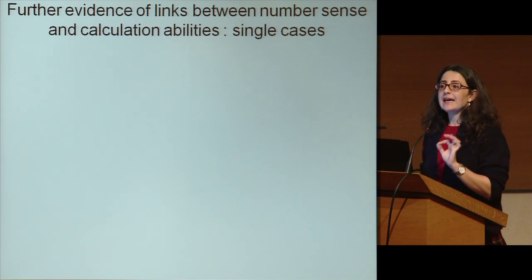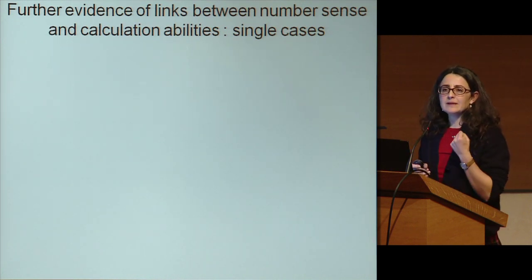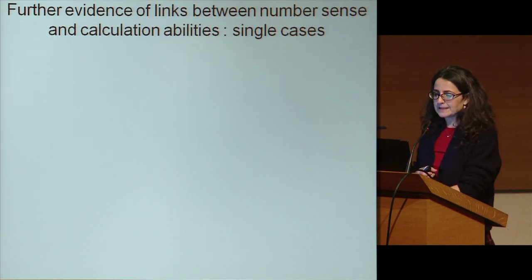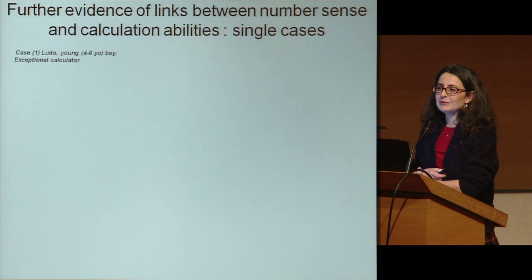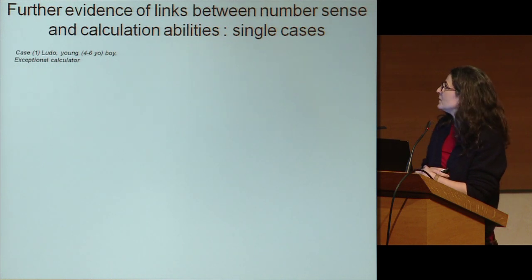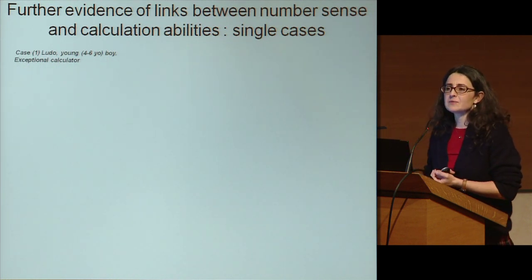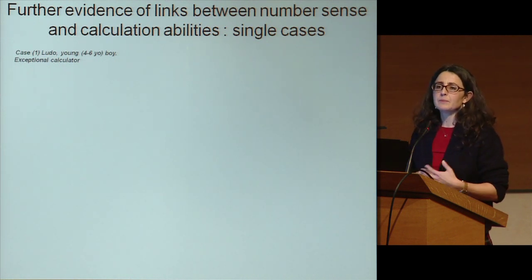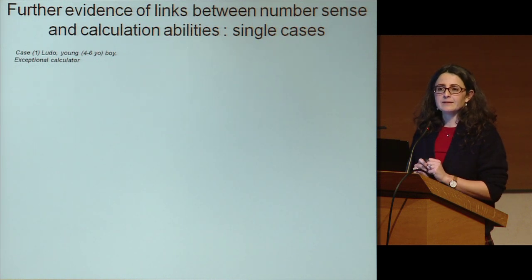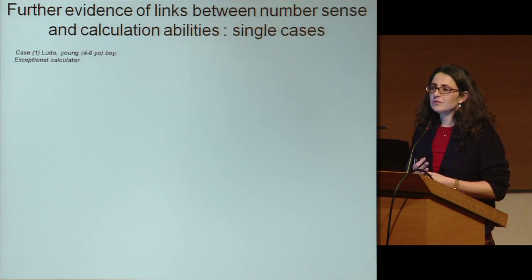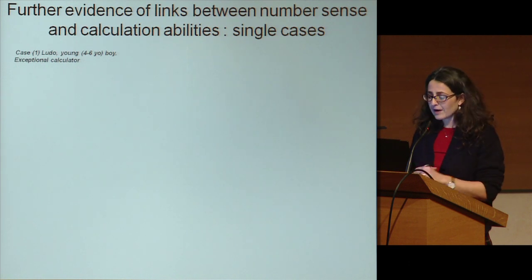Even when we look at single cases, we can see a very tight link between the ability of performing symbolic calculation and this very basic sense of numerical quantities. We were very lucky in the lab recently to be able to test a young boy. We could test him twice, once when he was 4 and the other when he was 6, who was a really exceptional calculator. Very briefly, already at 4 years old, he could transcode up to 6-digit numbers. He could type very quickly the very big numbers that we would tell him, and he could perform mental calculation of up to 5-digit numbers without making any error and with no effort.